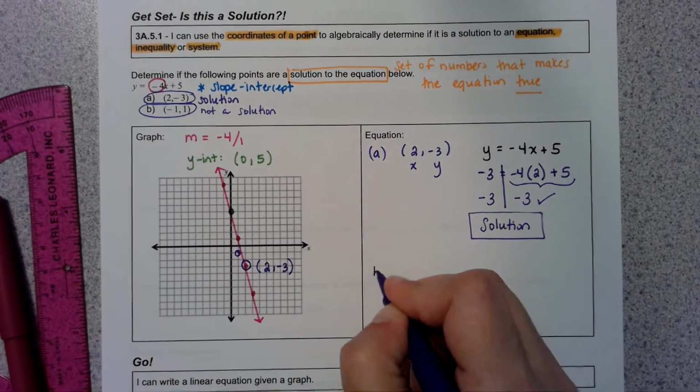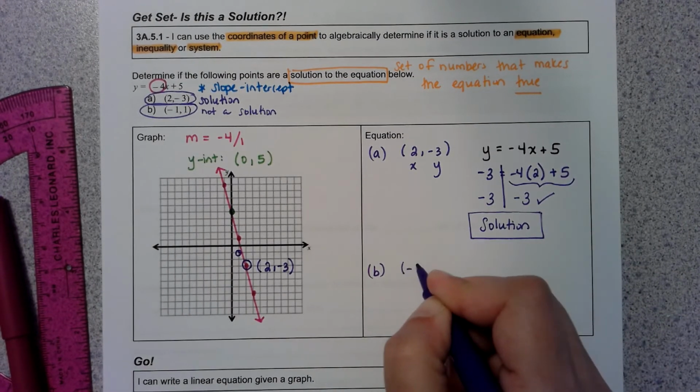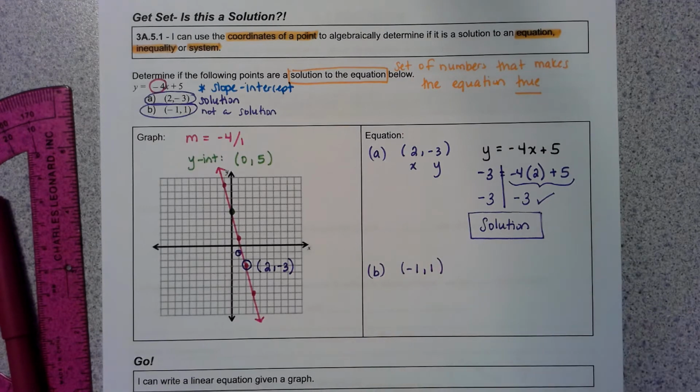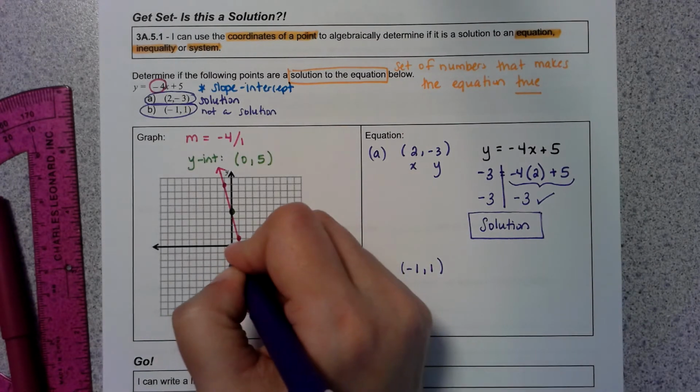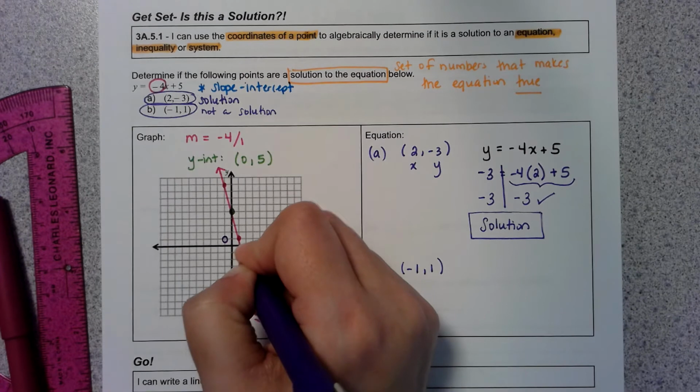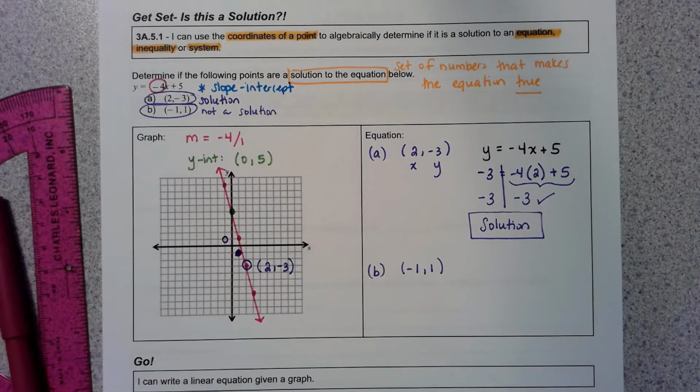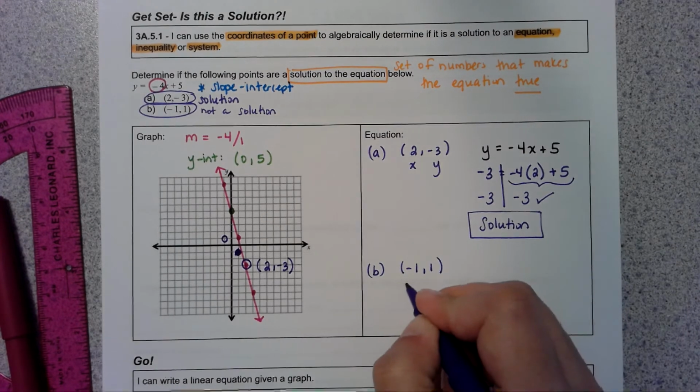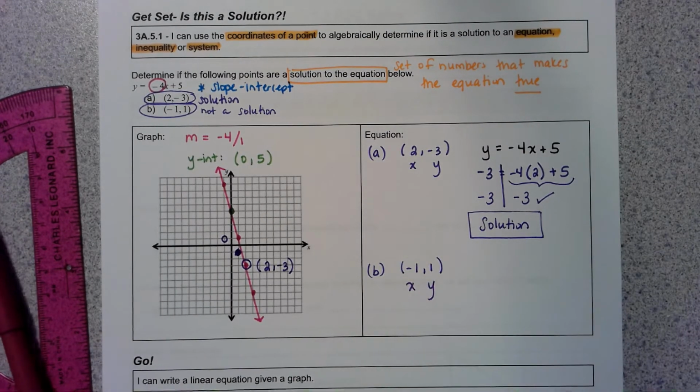For letter B, if I wanted to check the point (-1, 1), which, by the way, I graphed in the wrong place on the graph. I am so sorry. (-1, 1) is there. Same result. It's not on the line. I apologize. If I wanted to check to see if that was an ordered pair, I would take the -1